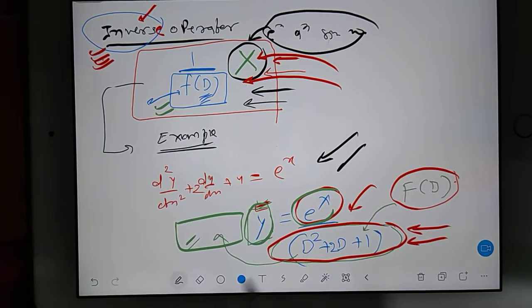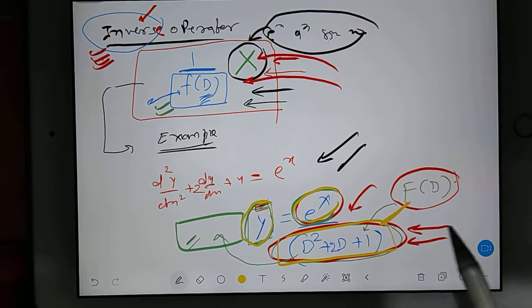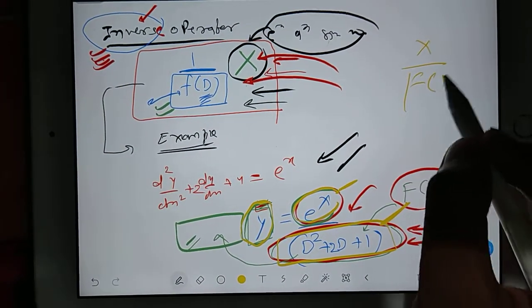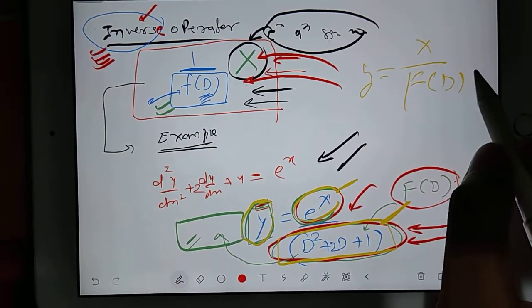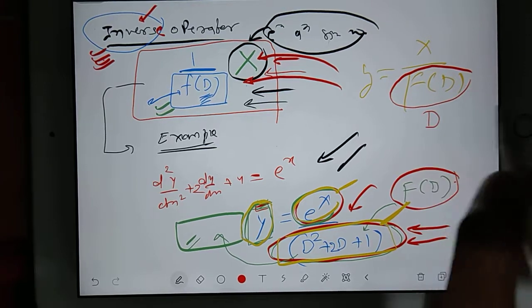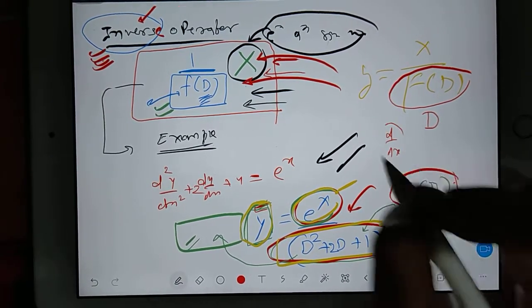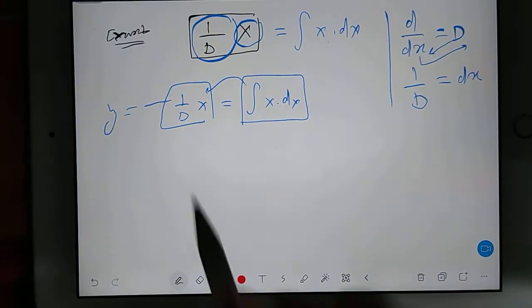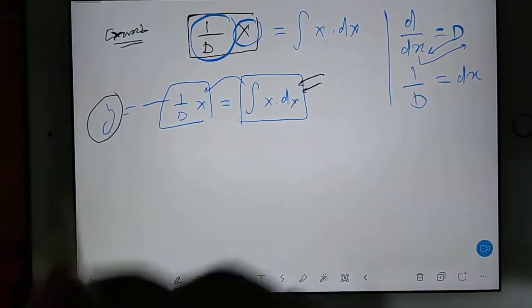You see, what is y value? This y value is nothing but e power x by this guy only, right? So this guy only I am saying as f(D), and this guy I am saying as f. So x by f(D), this is only my y value, right? And I have taken an example where my total f(D) is nothing but only D. Only D means I am only talking about a simple equation d by dx, right? I will change the page. See here. So in this case, whatever I am getting here, this total I will call as y.